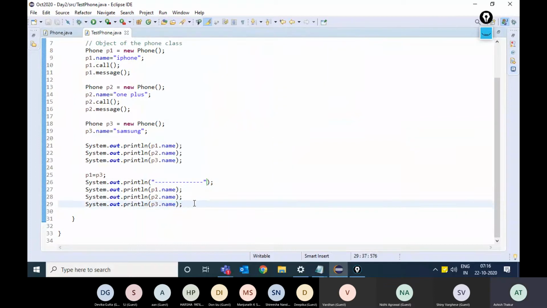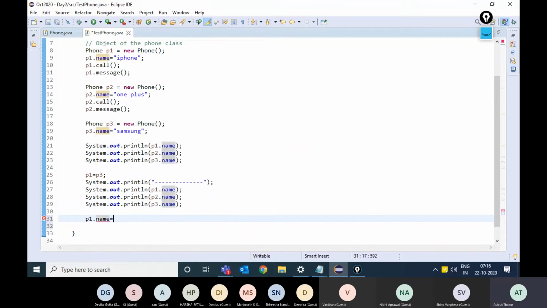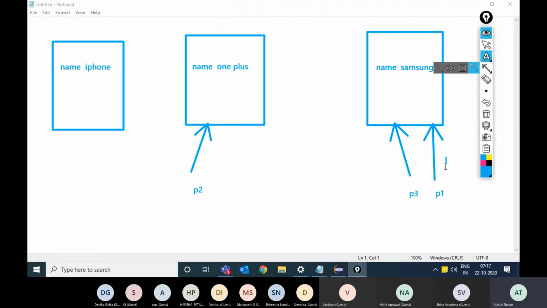If you change the state, if P1 changes the state, if I write P1 dot name is say Nokia, then what will happen is that in the memory, P1 will change this name to Nokia. Okay, so for P1 and P3, the value will be updated.